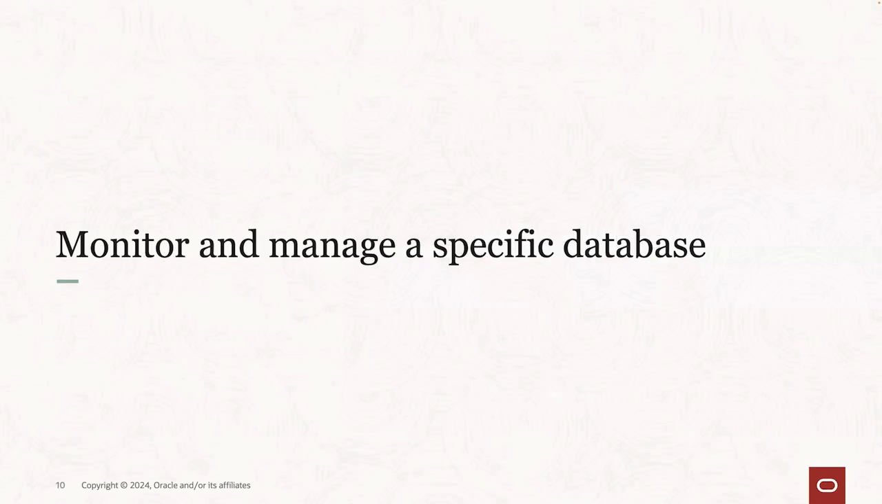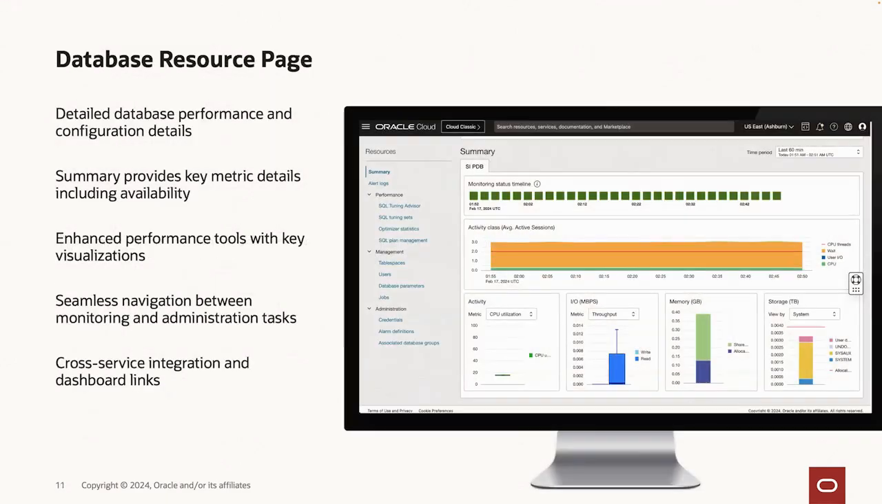And once you do, if you are to find any issues within your fleet, you can quickly drill down into a specific database and perform any administration tasks you need or any performance tuning for that database itself. So the database resource page is something I like because it's all in one single location. You can perform multiple tasks and go between different capacities that you need when you're administrating